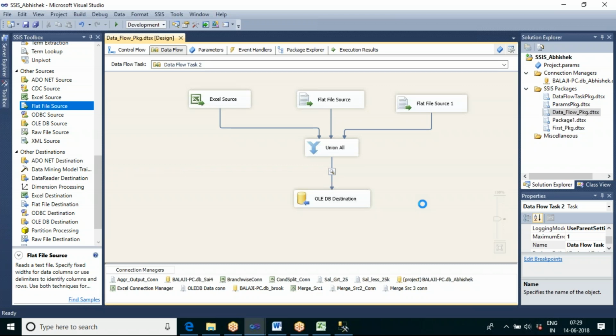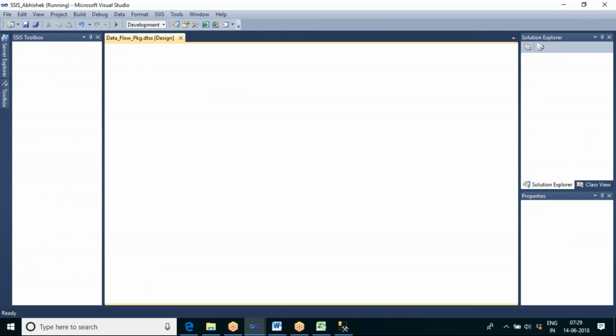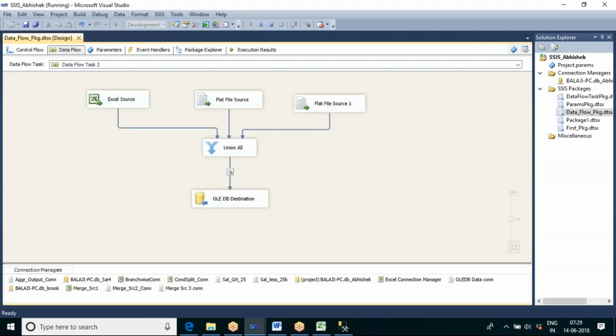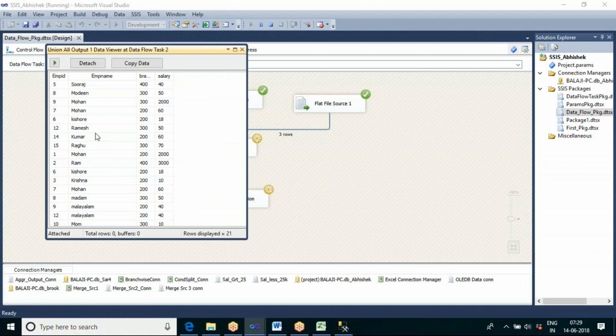So now we can see whether by default union all will give us the sorted output or not. Now we can see by default it is not giving me the sorted output, but merge will give me the sorted output by default.